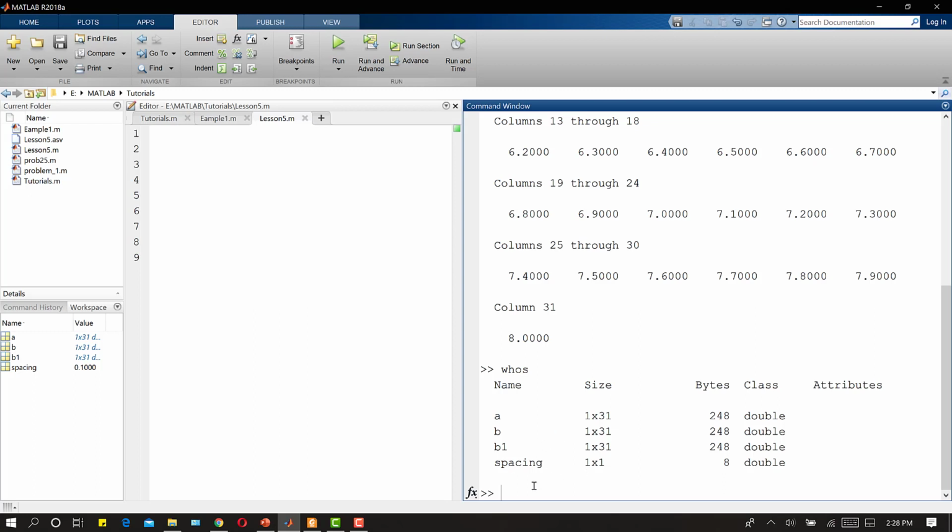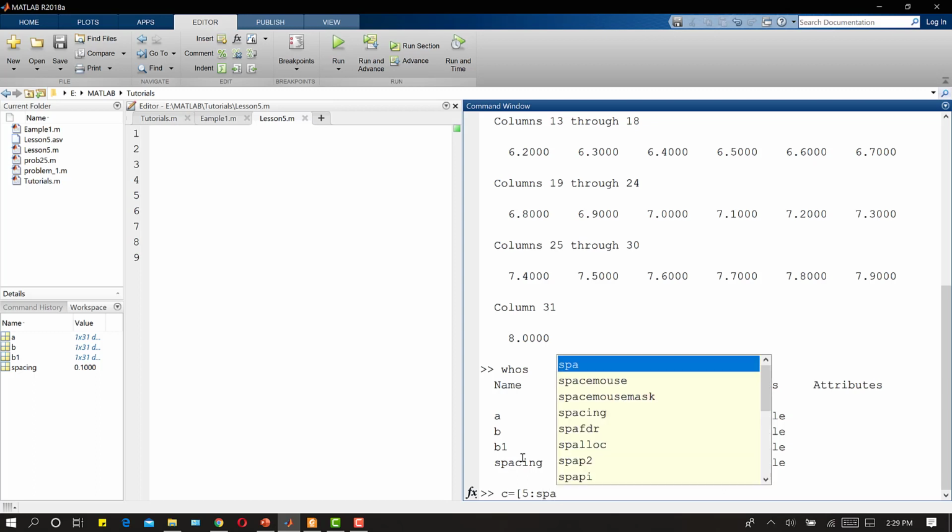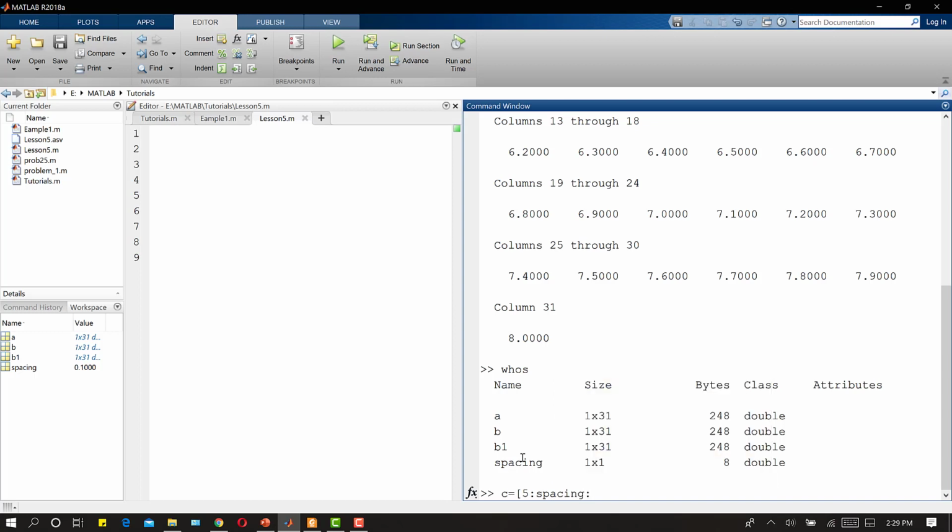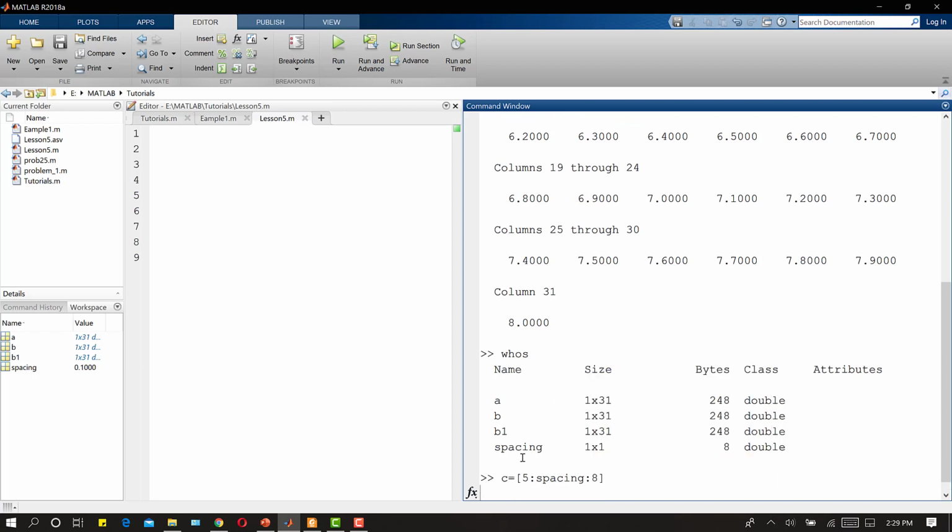Again, I can also write C like this. We have already calculated spacing, so if I want to use the variable here, let me write C equals 5 colon, and I write the name of the variable, spacing, and then the last element 8.